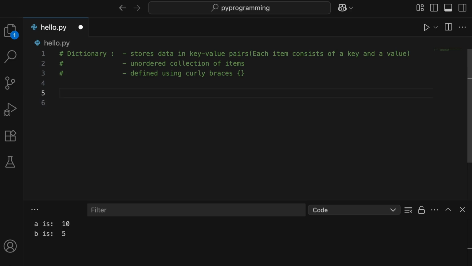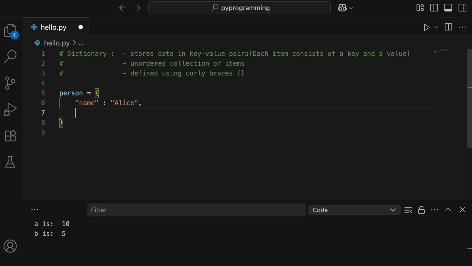So first I'll declare a variable to store the dictionary, and now let's go ahead and create the dictionary. We have to create it using curly brackets, and inside curly brackets we have to give the values in the form of key and value pair. So for example, if I give name, I have to enclose it with double quotes, and then you have to separate the key from the value by a colon. And let's give the value now. Every key value pair has to be separated with a comma.